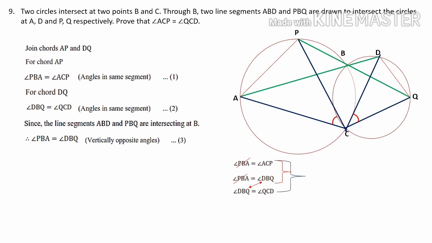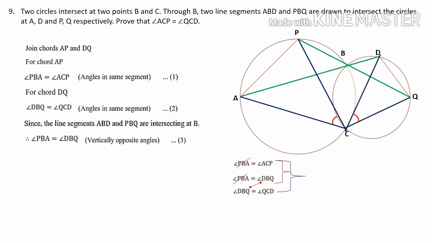So if you consider the final statement, first and third, angle ACP and angle QCD are equal. Once again I will tell you, we have got three equations and we have collected them here separately. Out of that, first and third we take together: angle PBA equal to angle ACP, and angle PBA is equal to angle DBQ. Here the left side, angle PBA, is the same, so the right side also will be the same: angle ACP equal to angle DBQ. So when you combine these two, we have angle ACB equal to angle DBQ.